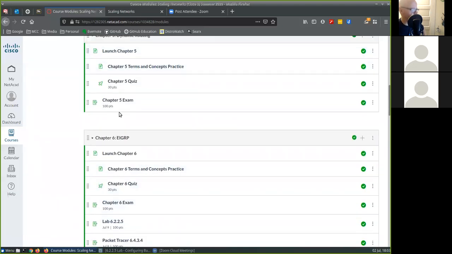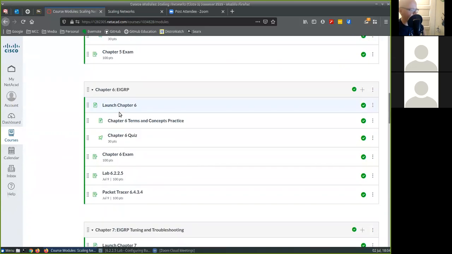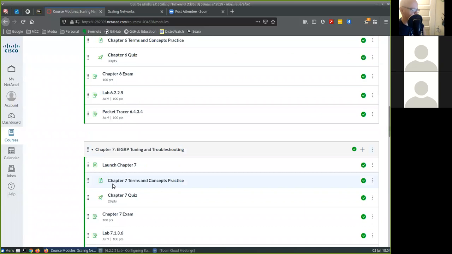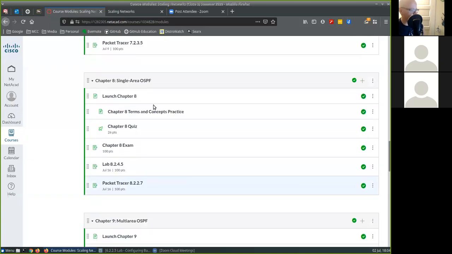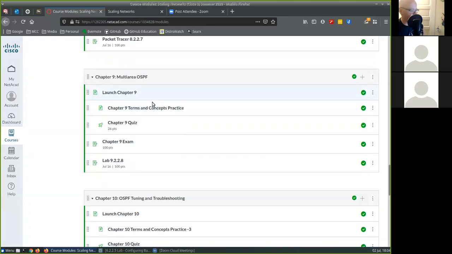Chapter 5, you'll notice there are no labs. No labs at all for chapter 5. It's all theoretical. I think there's just one slide I'm going to show you, and that's about it. Then we'll jump right into EIGRP. It'll give you an introduction to EIGRP and how to set it up. And then next week, when we cover chapter 7, it's how to tweak some of the parameters for EIGRP. Okay, and then we'll finish off with OSPF, which is another dynamic routing protocol, and that's the next 3